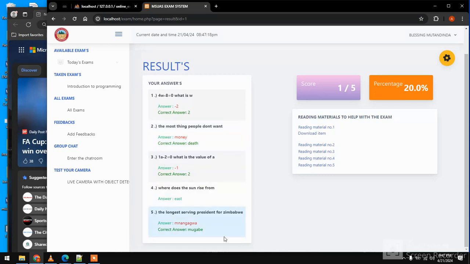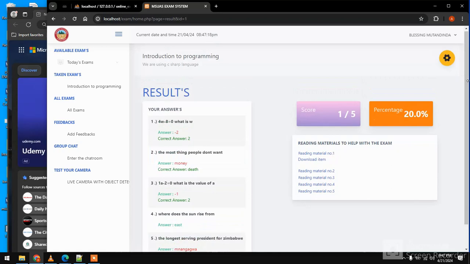What is the most thing that people don't want? People don't want death. All right, so here we have the reading materials that we can actually download and revise